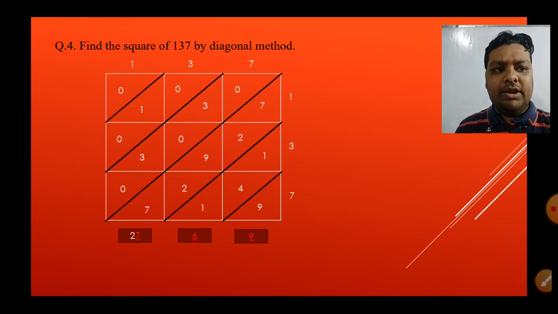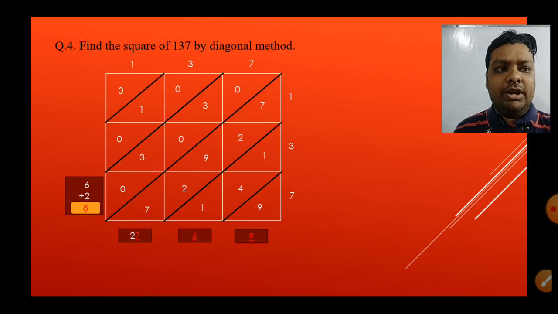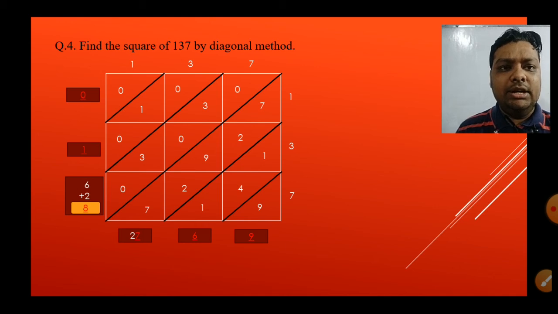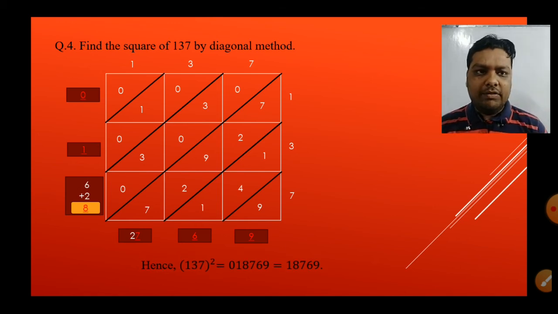But before that we will add 0 3 0 3 0. We will get 6 and 6 and we will add the tens digit of 27, which means 2. Then we will get 8. Then next diagonally we will add 0 plus 1 plus 0. Then the first column 0, so 0. It means you can see only the underlined digit 0 1 8 7 6 9. Okay, this is the square of this 3 digit number. Okay, so like this we can write. Okay, I hope that you all have understood it, students.